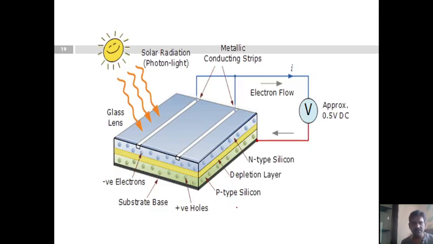Look at this, guys, this is the diagram of the photovoltaic cell. Let's discuss here. Photovoltaic cells, or PV cells for short. PV is the short form of photovoltaic cells. PV cells are magical things which convert light energy, usually